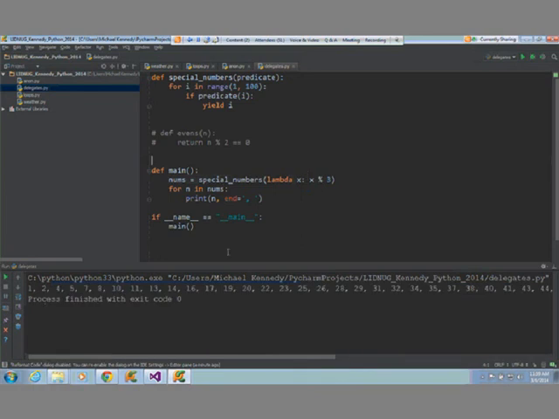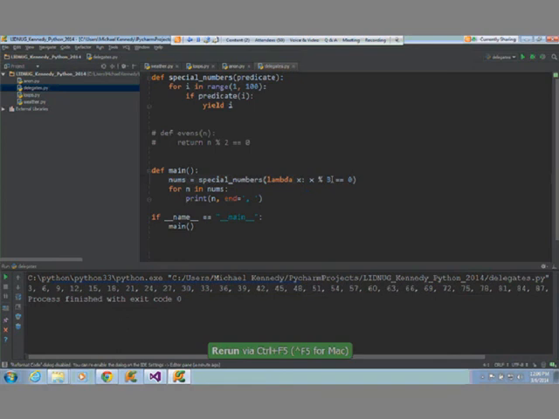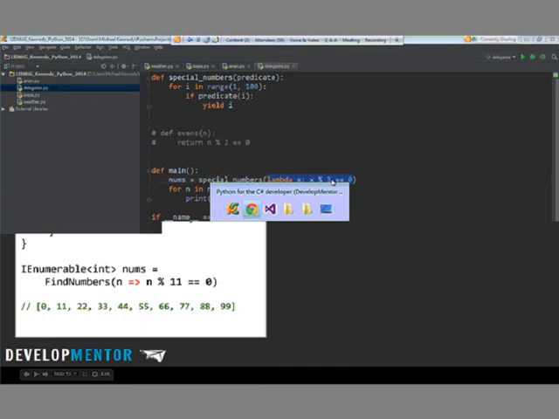Boom. Well, I got everything but the things divisible by 3. Okay, equals 0. Let's write it correctly. There you go. 3, 6, 9, 12, so on. Pretty cool, right? So lambdas are one of those things that it's just magical in .NET, right? They make so many things possible and simple. Well, here they are in Python too, and they have almost the exact same syntax, right? So yes, we can write the same code.